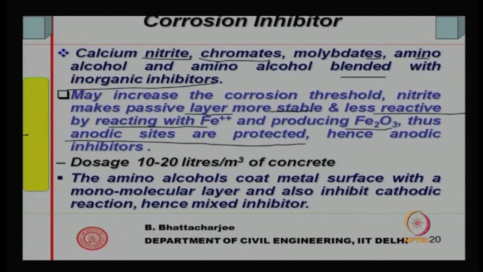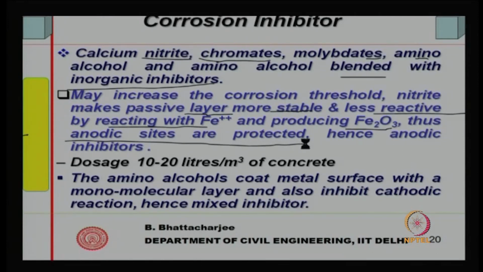If the coating is there on top of the anode, this Fe cannot dissolve. At the anode Fe dissolves, at the cathode the cathodic reaction takes place. We will discuss this later when we talk of rebar corrosion. Now, amino alcohols coat the metal and therefore inhibit the anodic reaction, but also inhibit the cathodic reaction,